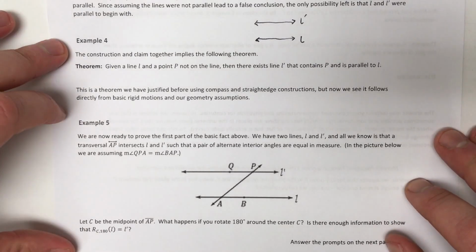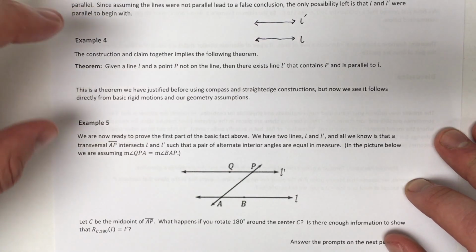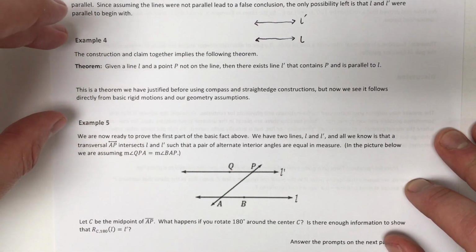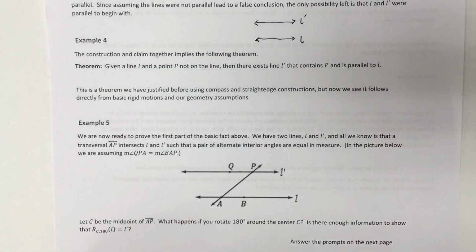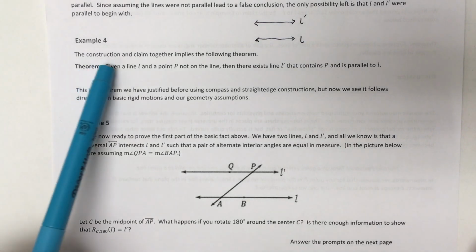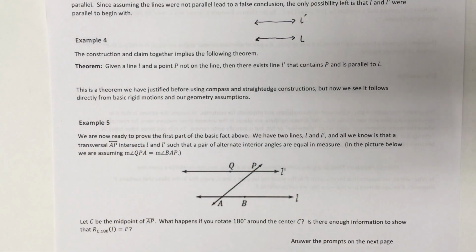Welcome back. So here we're going to end up having this setup where they say example 4, but ultimately what they're doing is they're just proposing the theorem and describing how it was justified or how it was proved, or asking you to go through a series of questions to understand the proof itself. And so in example number 4, it says the construction and claim together implies the following theorem. So in other words, you've just proven it through your construction